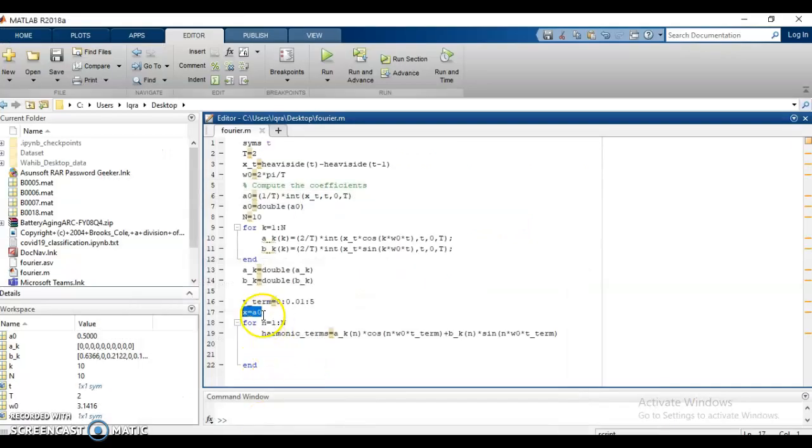Okay, so x equals to a naught, and after each computation of the next harmonic term, we are going to add it into the original x. So what we are going to do is x plus harmonic term. Okay, so this is how we are going to compute the complete x.